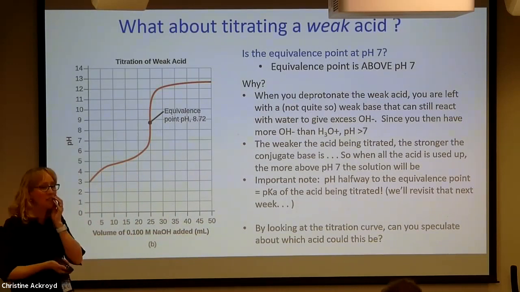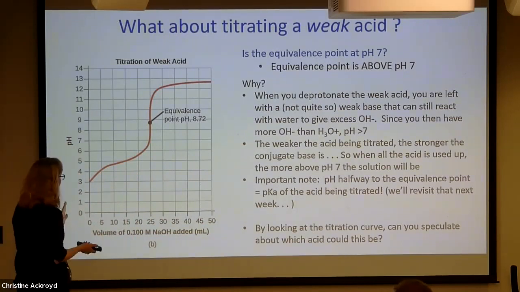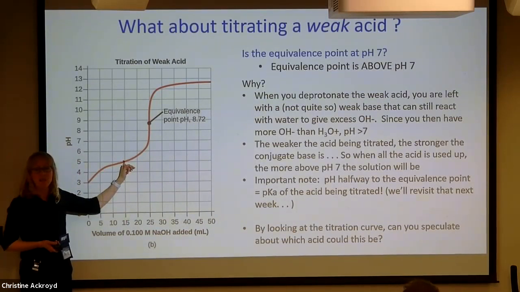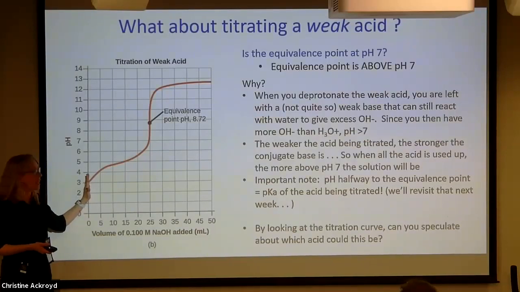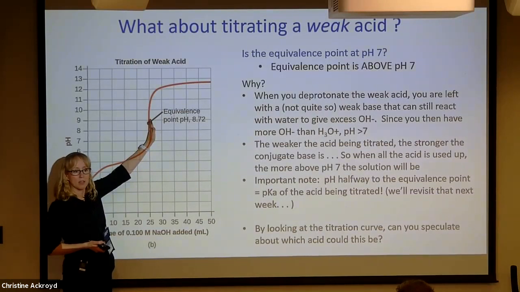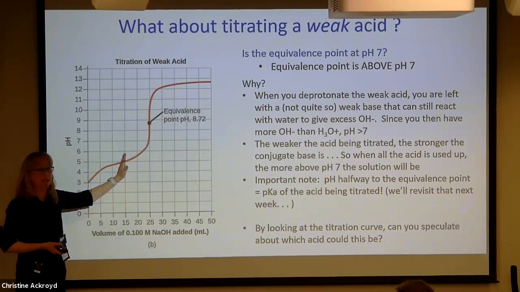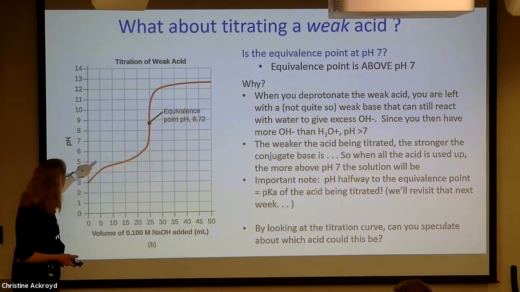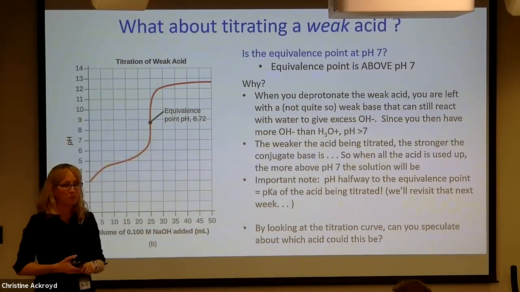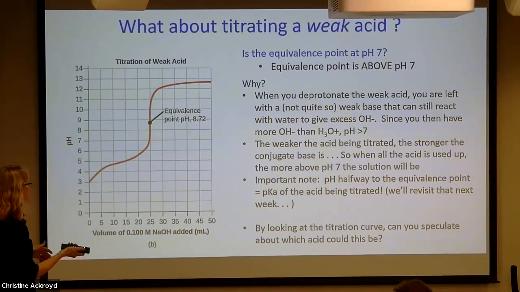Okay. Let me just also point out, what do we have present in solution halfway to the equivalence? When we start, we have all of our HA acid, right? At the equivalence point, what do we have? All conjugate base. What do we have in between? We have half of our starting acid and half of our conjugate base. And it turns out that if you read the pH halfway, that gives you the pKa of the weak acid. We'll talk about why that is next time.